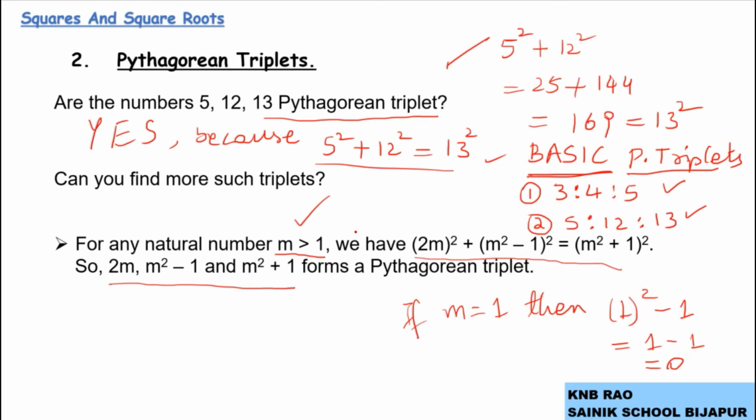So this is a logic which you have to always think about. Why so? If anything is given, ask why so? That will help you to improve. Rather than just learning the statement, you must know why so. Now students, this formula helps us in finding many Pythagorean triplets. Now let us go for some examples.